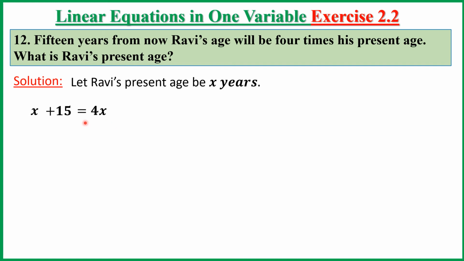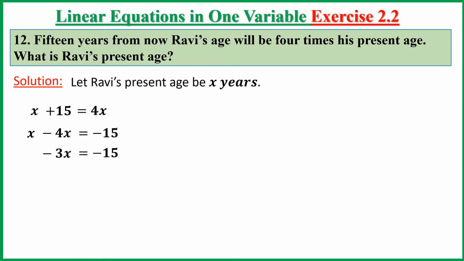That is 4x. Here we have variable on both the sides. So we have to transpose 4x to our left hand side and 15 to our right hand side. When transposing 4x to our left hand side, it will become negative 4x. That is x minus 4x equals plus 15. When transposing it will become minus 15. So positive x minus 4x, positive and minus is negative. We have to subtract, that is minus 3x. Since in minus 4x, 4 is a greater number, we are taking the sign of 4. So minus 3x equals minus 15.